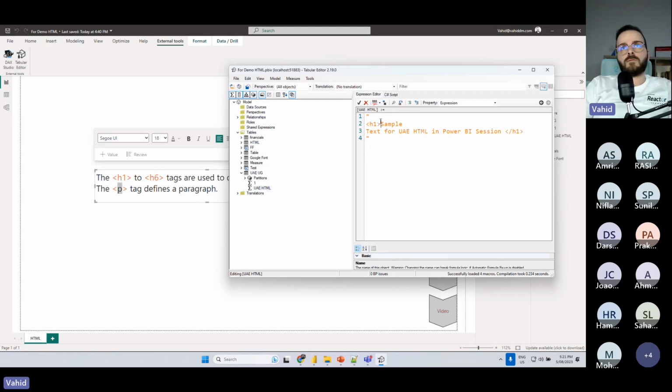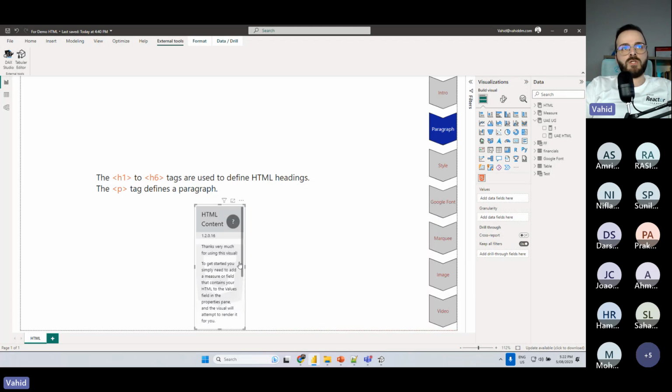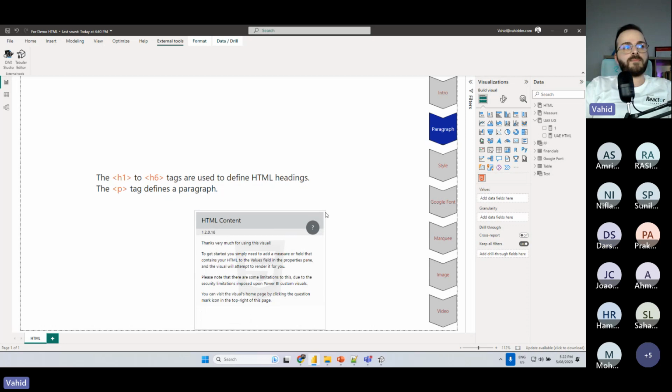Okay, so here I just want to add some formatting to make it easy to read. Between H1, I added some text. I will save by clicking on this icon, and then back to my report, add that custom visual, which is the HTML content. Make sure to download that from the apps,